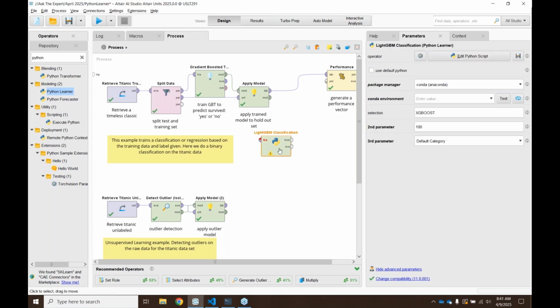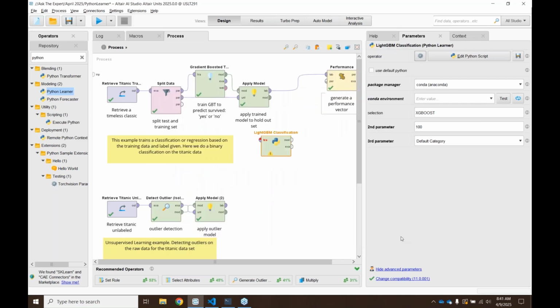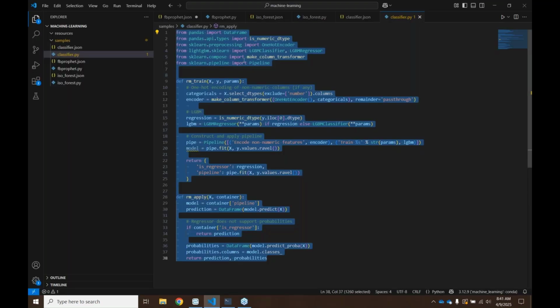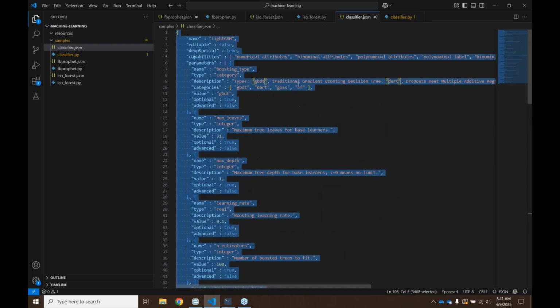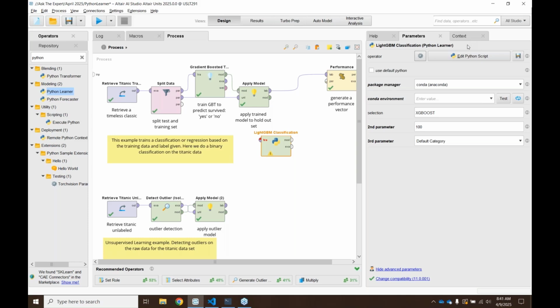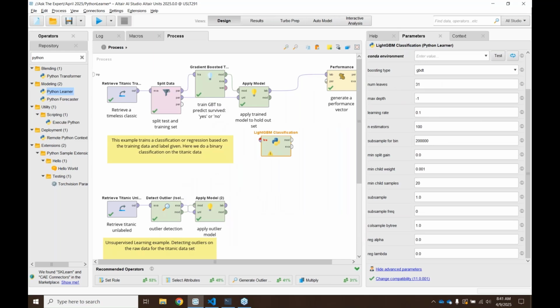Now I could go through, for example, if I go here, I could say my name is just going to be LightGBM. And then I could go through and edit all of my parameters here, depending on what I needed for that operator. Luckily, I have a lot that's required for this one, so I came prepared. And what I'm going to do is just load in all of these parameters I'm going to need for my LightGBM. So if I jump back to Studio, I can come in here and I can load all of these parameters. So once I hit apply, I'll get all of these parameters out. So now I can tweak this LightGBM